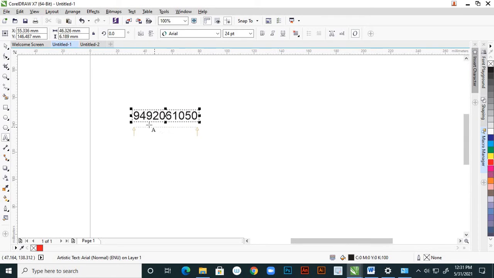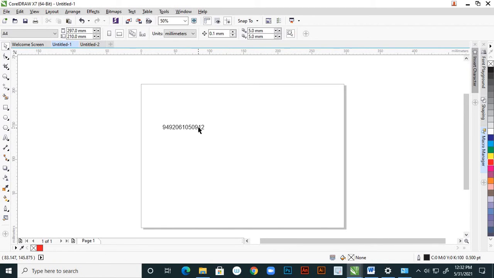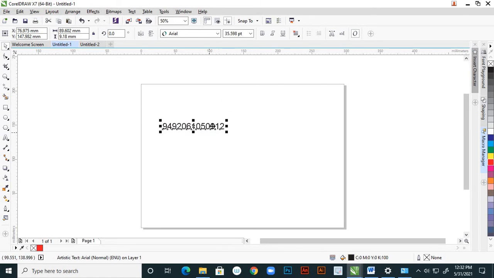Suppose this is a phone number, and then 912. Now it can be 13 numbers, 1 2 3 4 5 6 7 8 9 10 11 12 13, right? So for this I want to create the barcode.